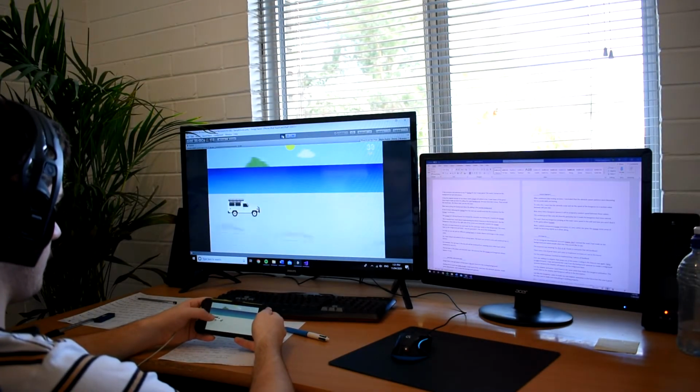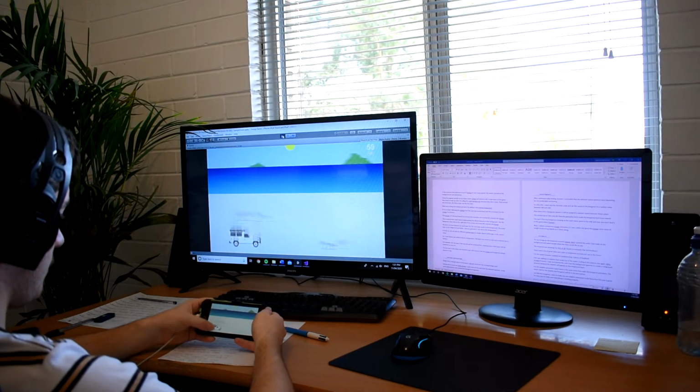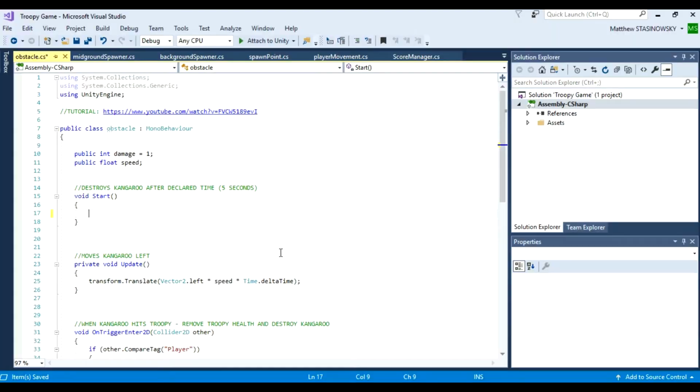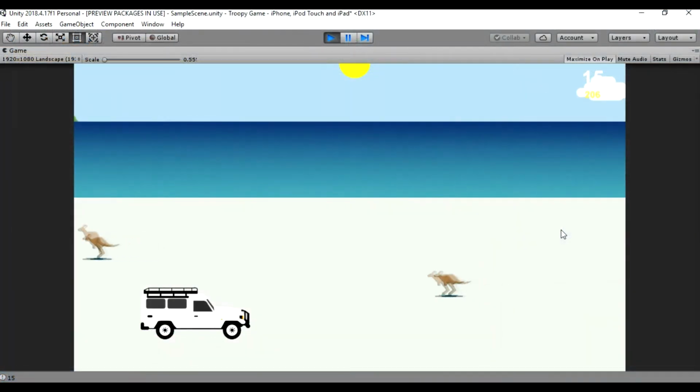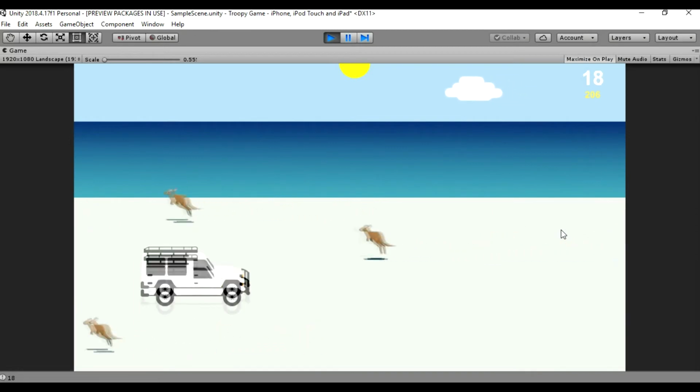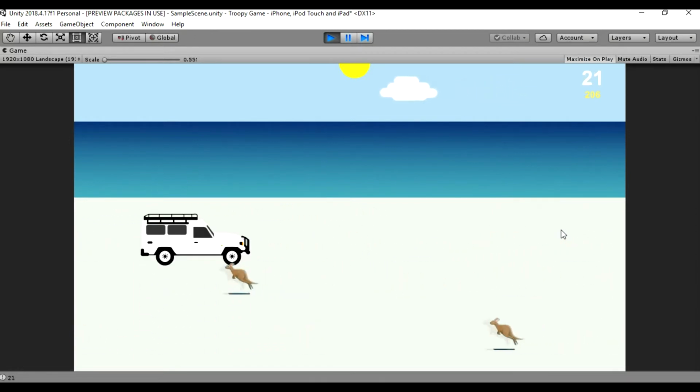After continuous playtesting sessions, I concluded that the obstacle spawn patterns were becoming far too predictable and boring. To solve this, I went into the obstacle script and set the speed of the Kangaroo to a random value between 300 and 400. Now every time a Kangaroo spawns, it will be assigned a random speed between these values. This worked great. Not only did it diversify gameplay, but it made the Kangaroos feel more natural. You won't find any Kangaroos jumping at the exact same speed in the wild,